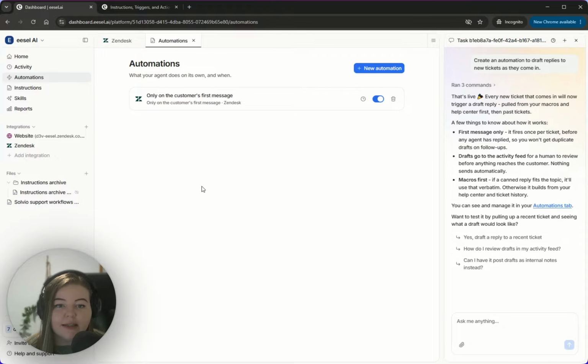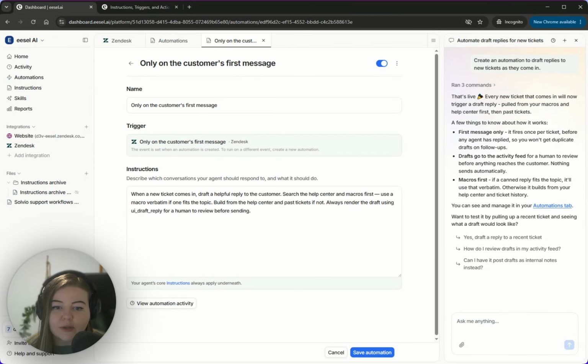So you can see in this tab, it's already added that for me. I can toggle it on and off whenever I want in case I want to stop that at any point. And if I click through to it, I can see some descriptions here about how this automation actually functions and